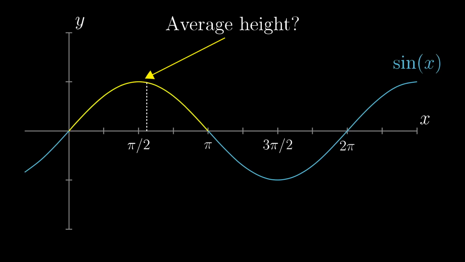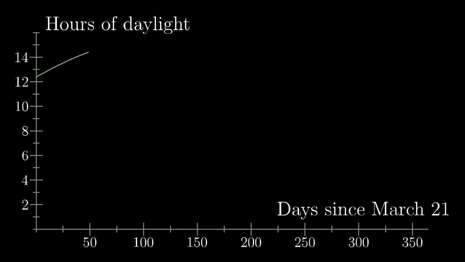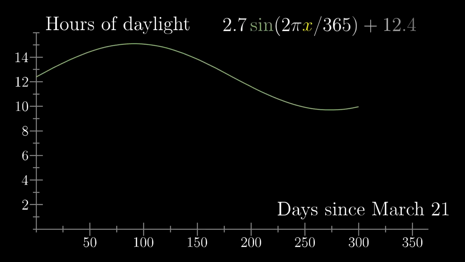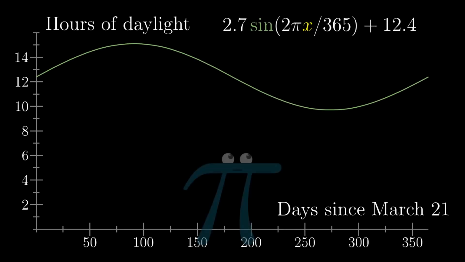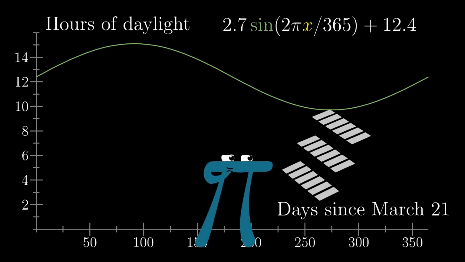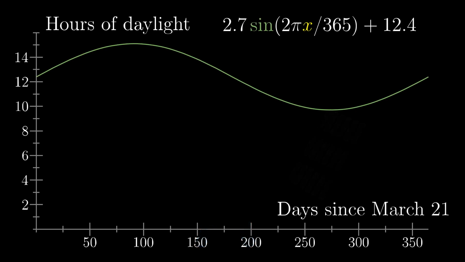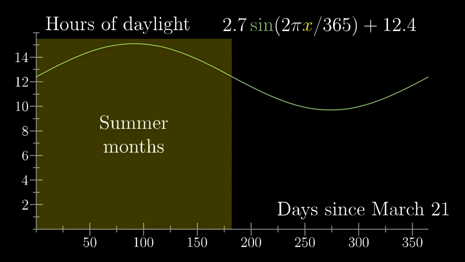It's not a useless question. All sorts of cyclic phenomena in the world are modeled using sine waves. For example, the number of hours that the sun is up per day, as a function of what day of the year it is, follows a sine wave pattern. So if you wanted to predict, say, the average effectiveness of solar panels in summer months versus winter months, you'd want to be able to answer a question like this: what is the average value of that sine function over